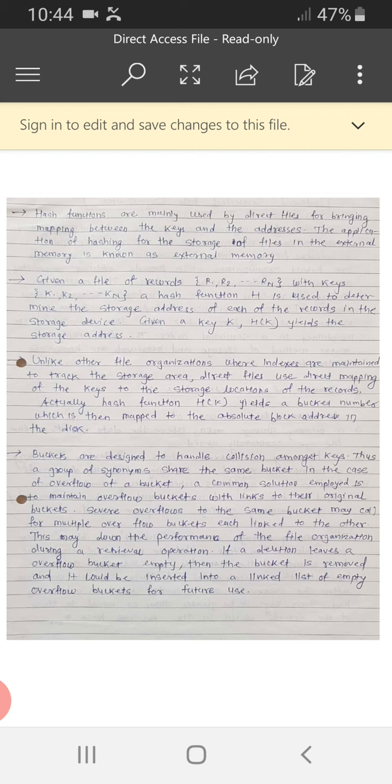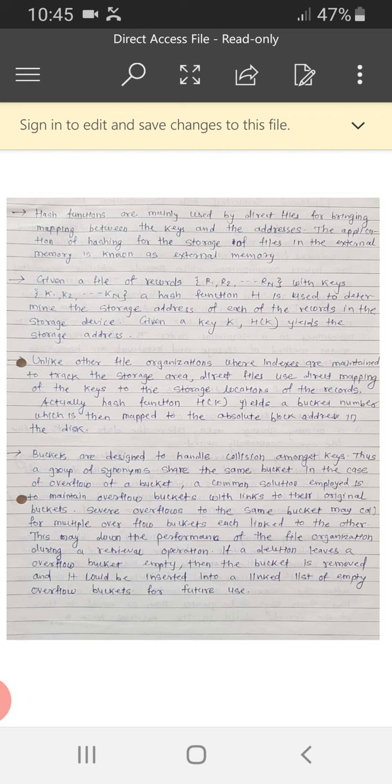So the main advantage of this file organization is that the access and retrieval of the data is efficient if we compare it with the sequential file organization in which data is placed in sequence. So direct access to that data is not possible.